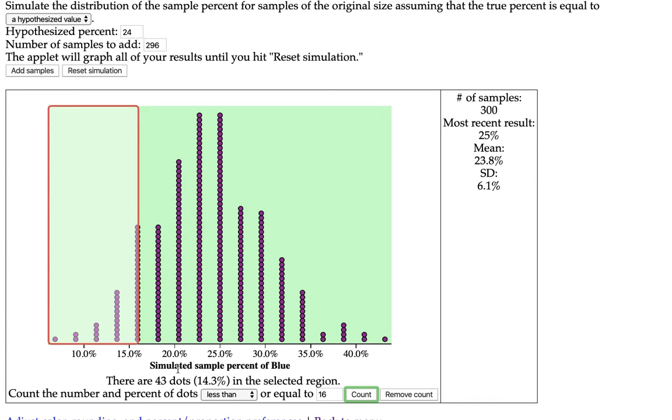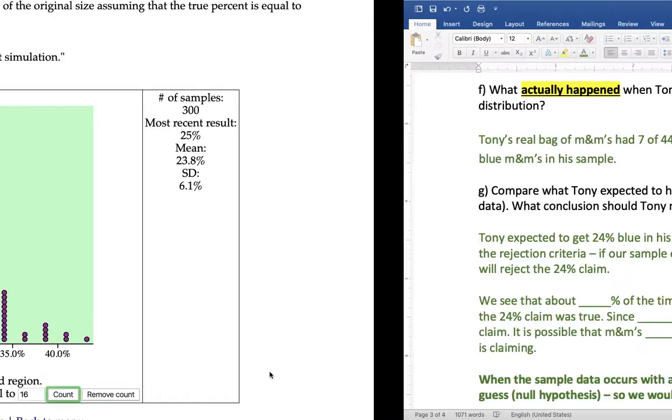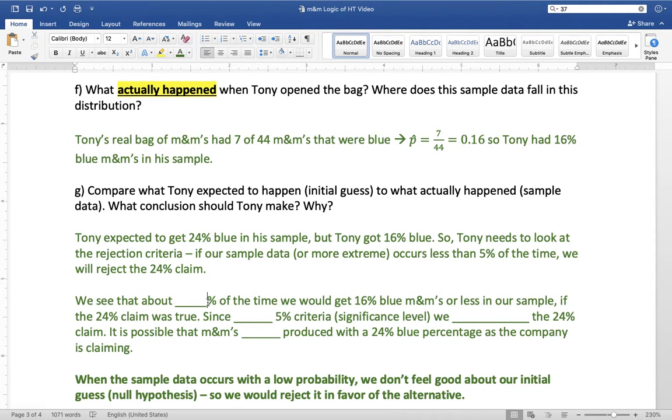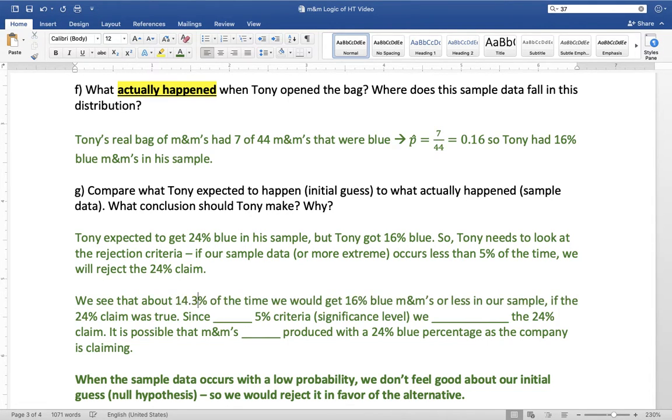Okay. Well, let's look at that. Our rule was, if this probability is less than 5%? Well, clearly it's not. So 14% is not smaller than 5%. So 14.3, we got 14.3% of the time we would get 16% blue M&Ms or less in our sample if the 24% claim